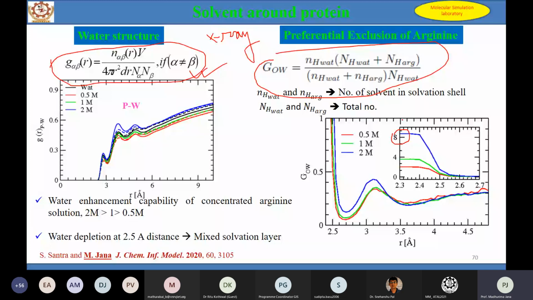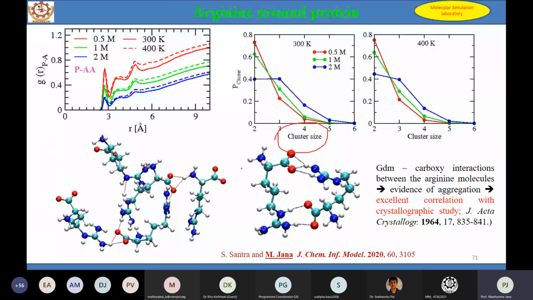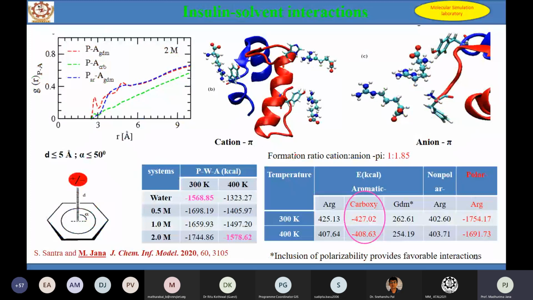Then we can do some cluster analysis also. Cluster analysis means how the solvent molecules are clustered around the protein molecules, how those clusters interact with the protein, and that we can measure. The cluster size can also be measured here. That can be done by writing your own program, or sometimes it is also available in the packages. Beyond that, we can also find out several types of interaction which are very essential for protein stability. This can also be calculated with certain definitions we have to put.